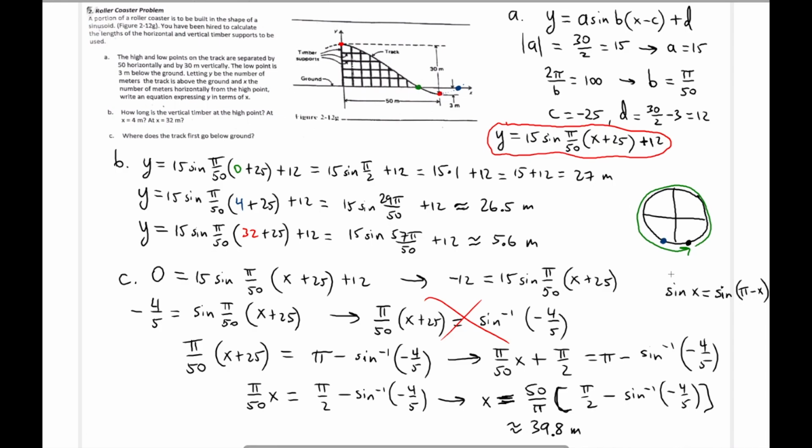If you use the wrong answer, if you use this expression and solve for x without subtracting from pi, you would have gotten this point, which would be way above 50, right? So you can experiment that on your own. Try to solve this thing for x, and you will get something greater than 50. In fact, you should have the same distance away from the 50 as the 39.8. So you would get probably something like 61-ish for this if you solve this. Solve this for yourself and see if you get 61-ish for x, and you will see why this was rejected